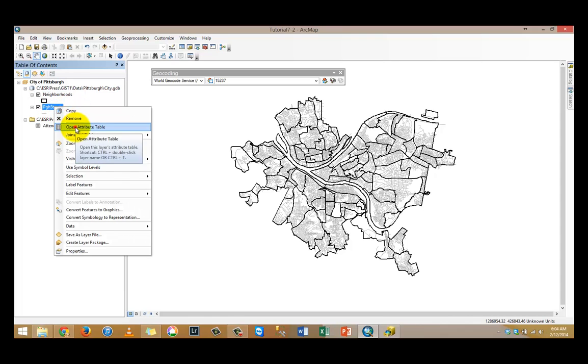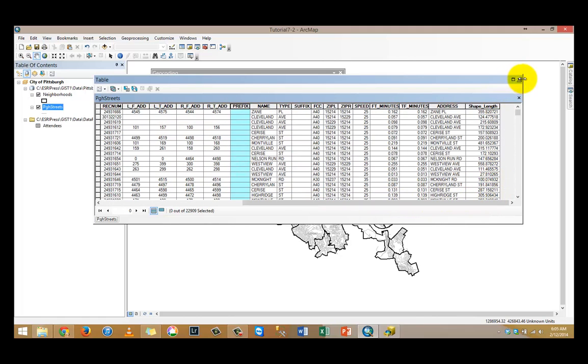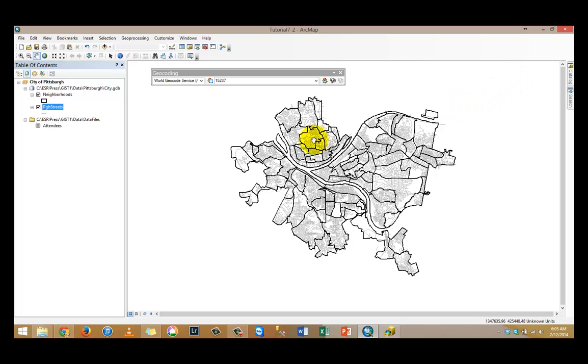let's open the PGH streets. As you can see, you have F node, T node, left, right, length, and left address, right address, all this good stuff. Looks like this is Tiger data, which is good for us because Tiger data, as we know, can be used to actually create address locators, and using those we can actually map actual addresses. So the first step we need to do is close this, go back to our catalog,